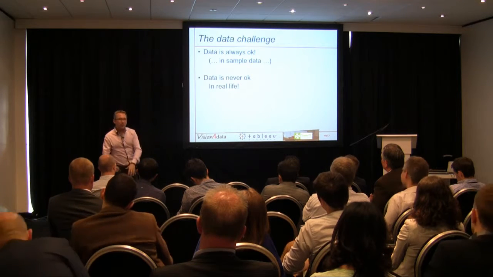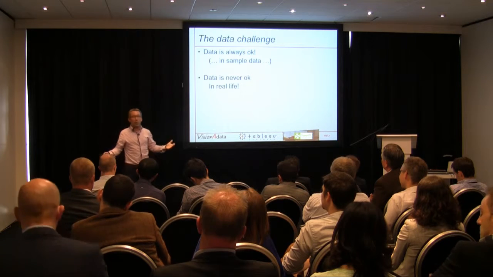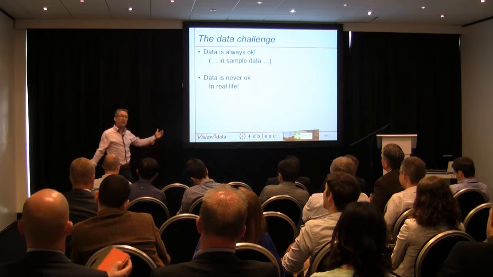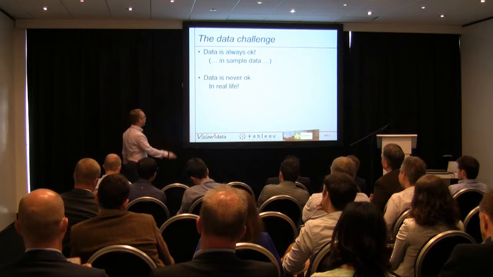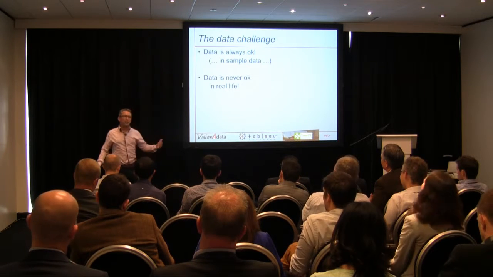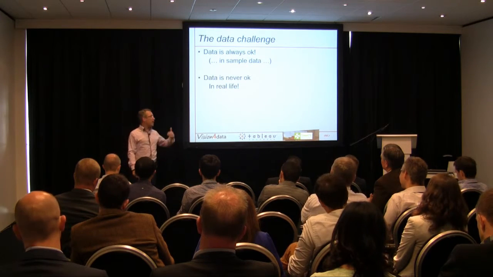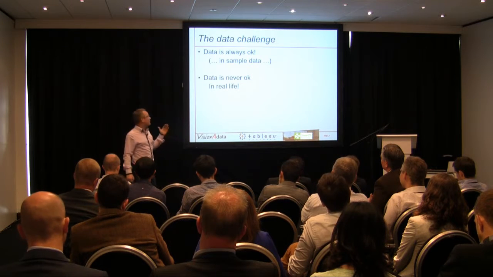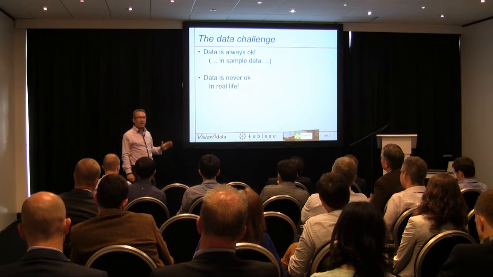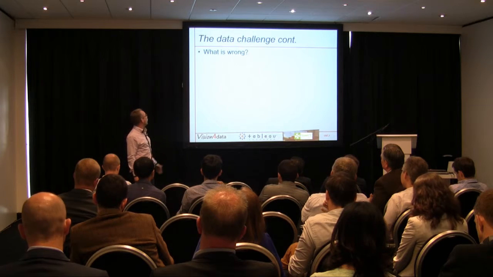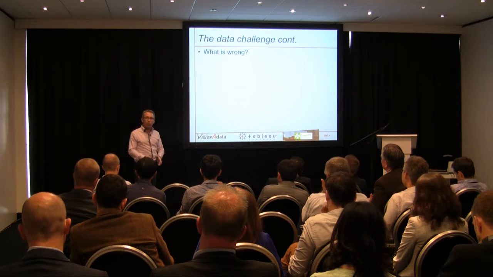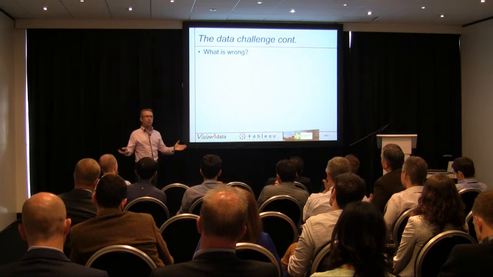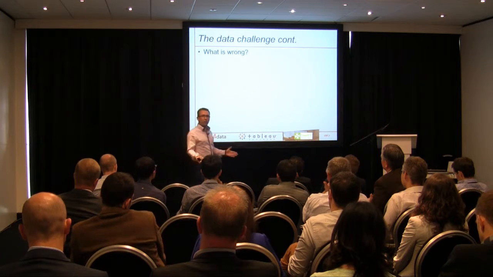I'm a DBA at heart, used to be, and my data models are always correct. So there are occasions when this is not completely true. But actually, of course, I make mistakes. Data changes, and you have to deal with it. And so data is changing, and it is never okay. You have to do something with it. So what can be wrong, potentially, with data? Anyone in the room? Suggestions?